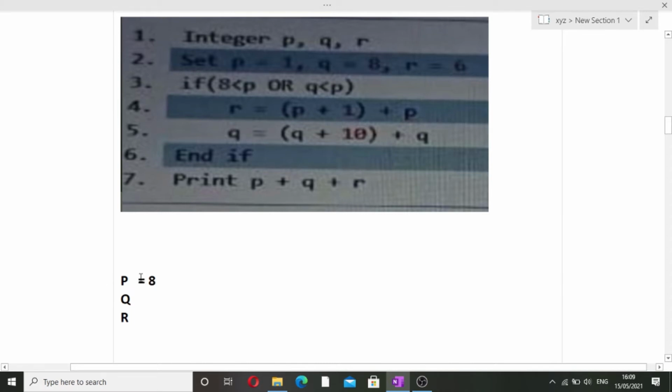Sorry, p is equivalent to 1, q is equivalent to 8, and r is equivalent to 6. Okay, now in the third line, what we have to do is check if 8 is less than p or q is